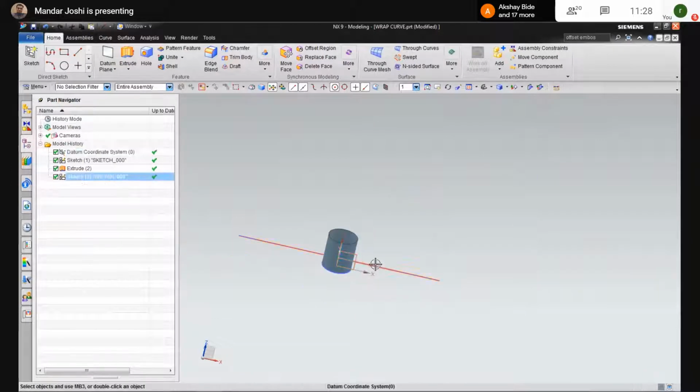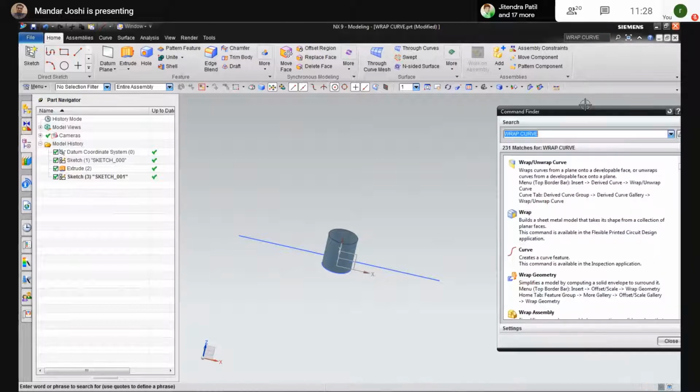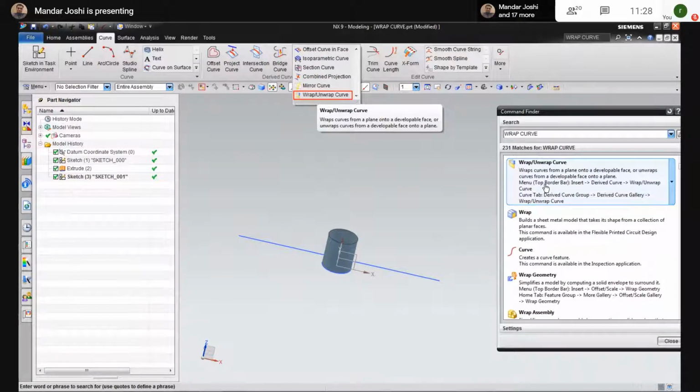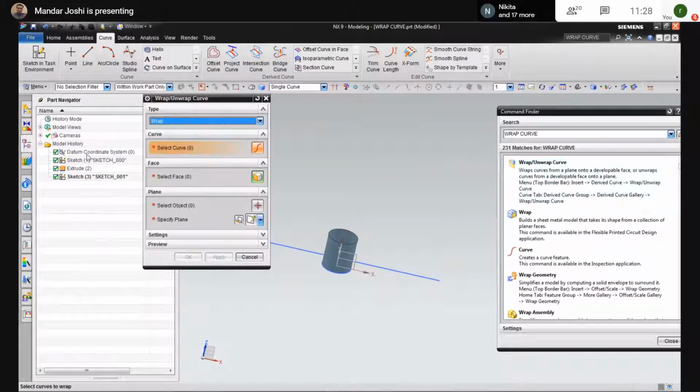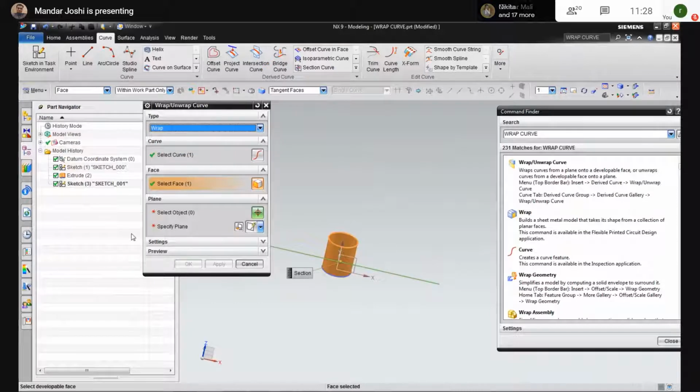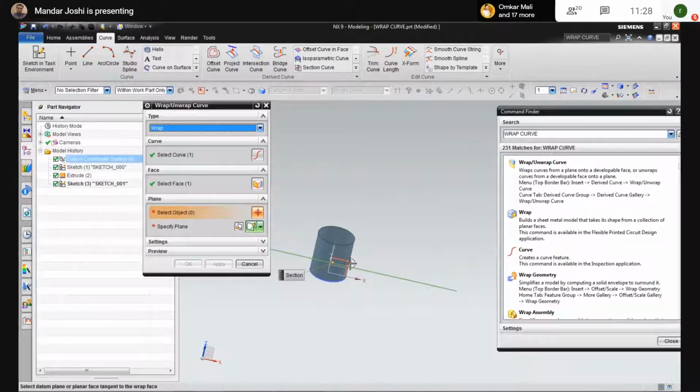Now I need to wrap this line on the cylinder. You search the command from here, wrap curve. Select this curve, select the face, and select the plane.